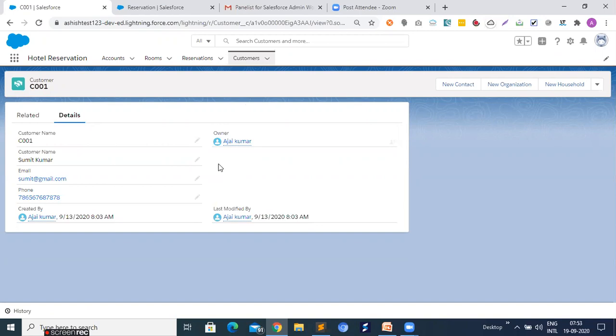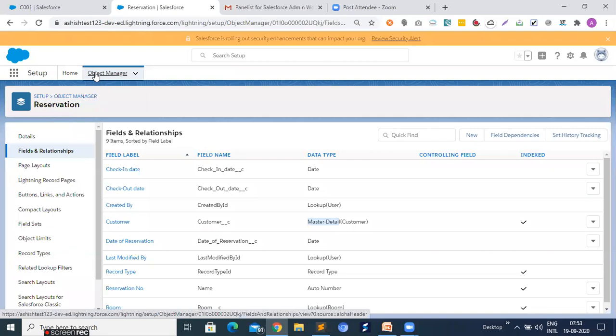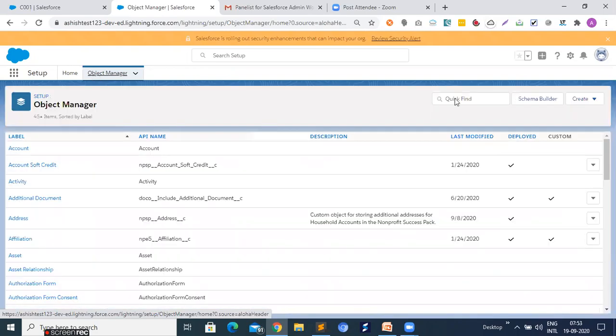So for creating a roll-up summary, what you have to do, just go to the object manager and select your object, that is customer. Okay, just open it.